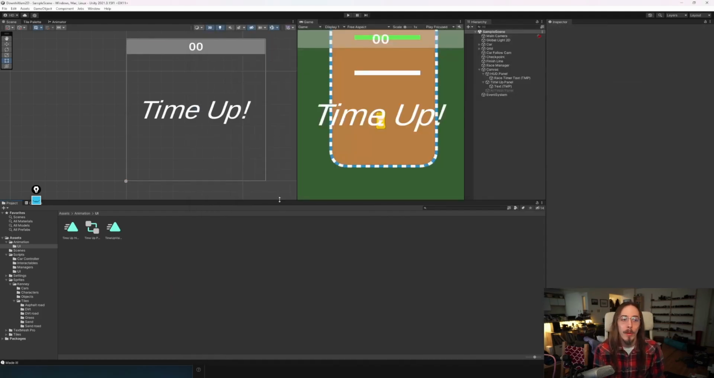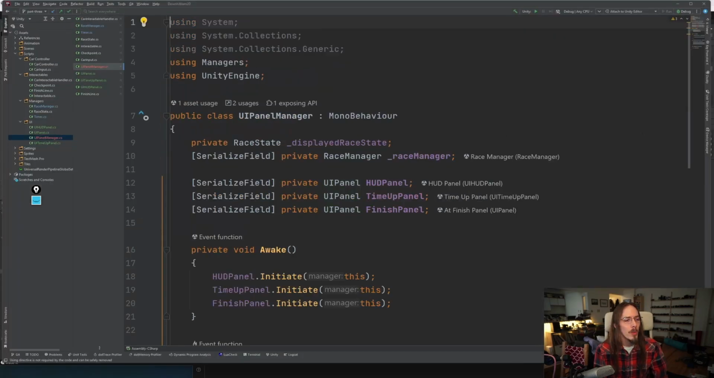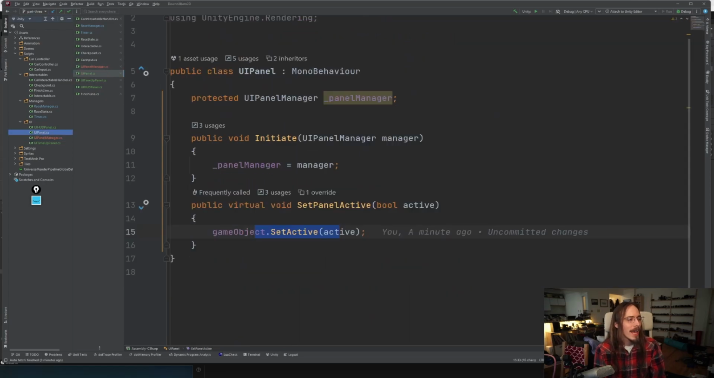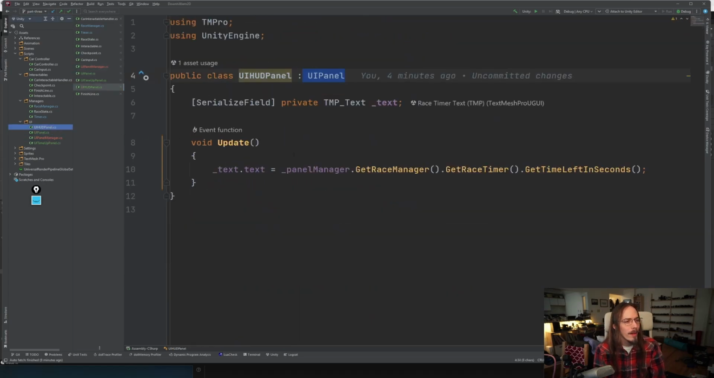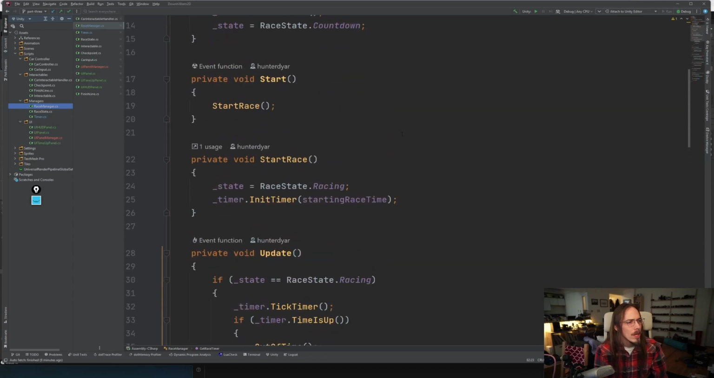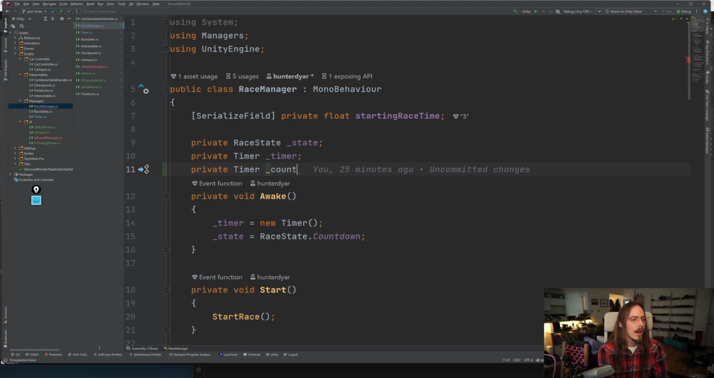I will outline how you would. You'd have another panel called the countdown panel, and in the panel manager, when the state is countdown, you would turn on the countdown panel. Good so far. Then exactly like the HUD panel, you would have it talk to, but everything would be the same here for the countdown panel, except the race timer would be a different timer. It would be a countdown timer. And our race manager would have a second timer called countdown timer, and then we would start the countdown timer